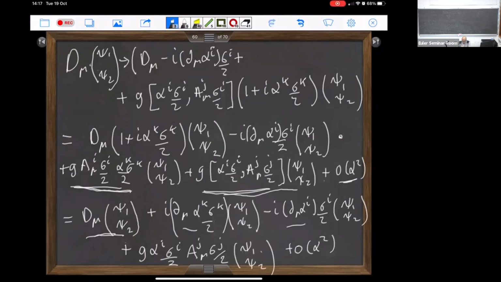plus the first derivative term from the first line at the top. And then we've got all of these terms here. So the commutator term just acting on the field. And one of the terms coming from the